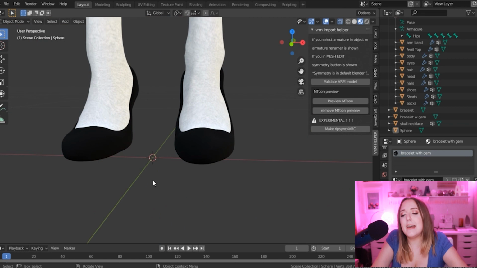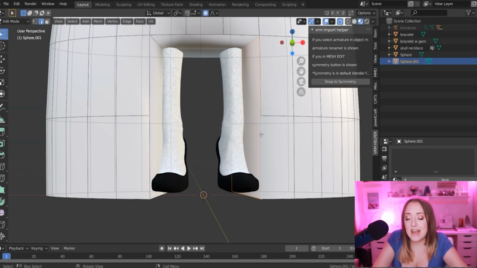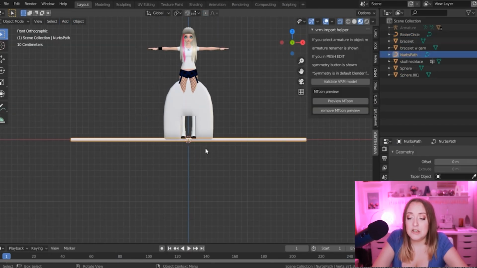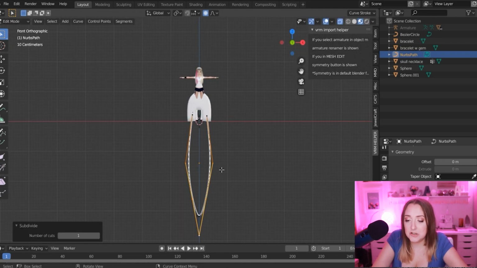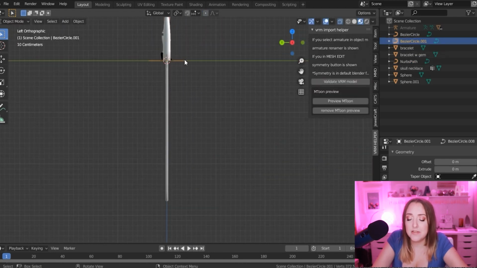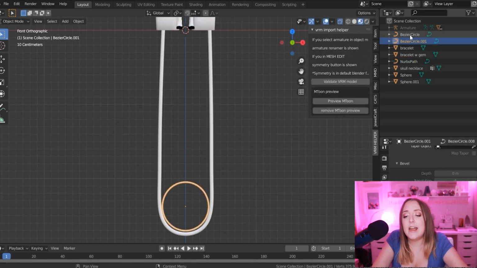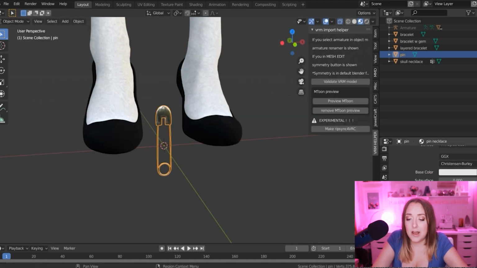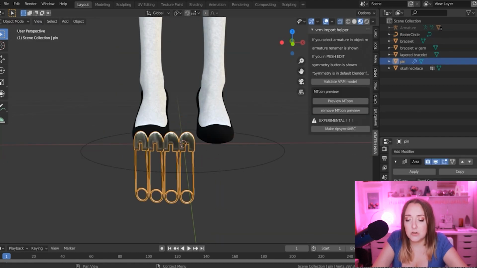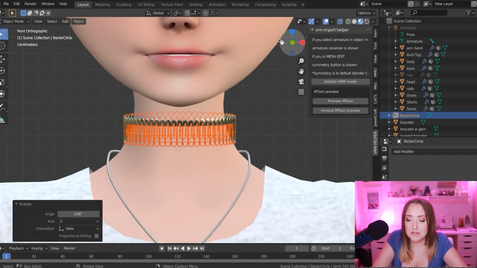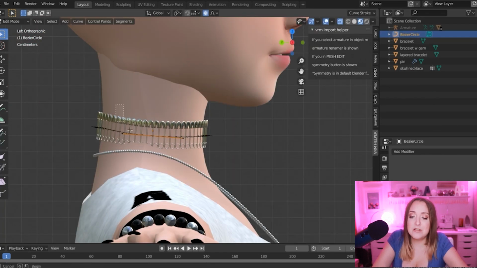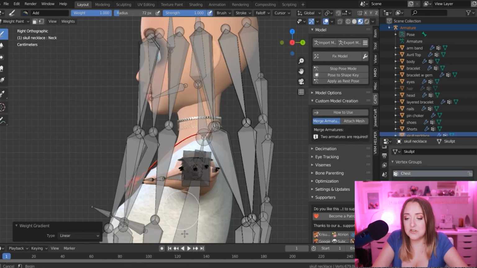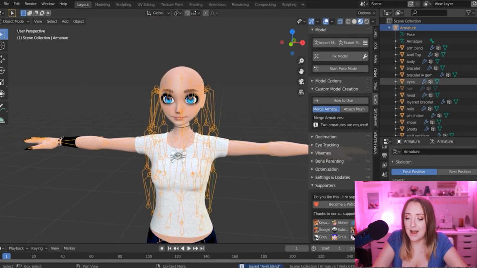Then I'm going to make a safety pin choker, which is not exactly what she had in the music video, but I really wanted to make this, so I just did. So out of spheres, and making some more shapes out of curves and using geometry, I am creating a safety pin shape, and then I'm going to convert that whole thing to mesh and join it all together so that it's one. And then I'm going to put another array and another curve modifier on it to make the choker. So then I put this on her neck and shape it all up to where it's supposed to be. And the last step on this is to weight paint all the different pieces and test it out.